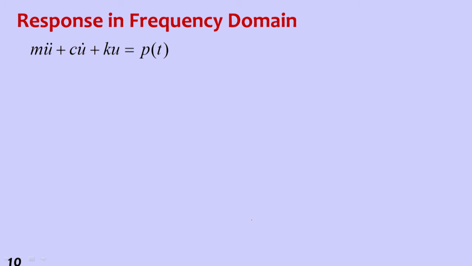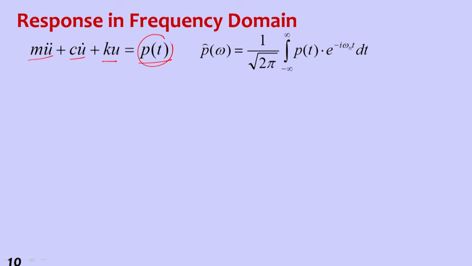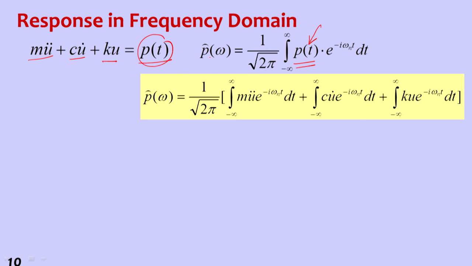So this is the equation of motion: m u double dot plus c u dot plus k u is equal to p of t. So the dynamic equilibrium equation. So first term is inertia force, second term is damping force, and third term is stiffness force, and all put together is equal to the external force. So we need to convert this external force into frequency domain. So by using that Fourier transform pair, we put this p(t) as the time function and then convert that into frequency domain. So it is something like this.